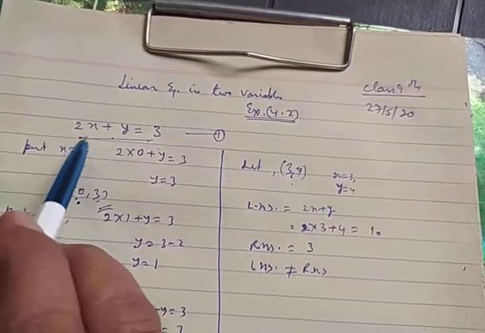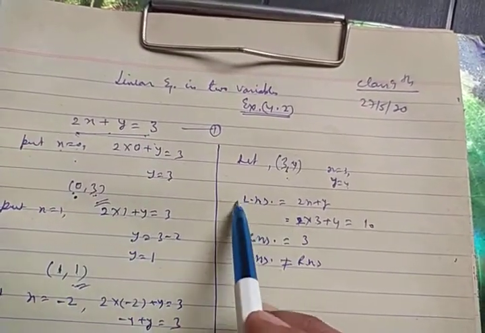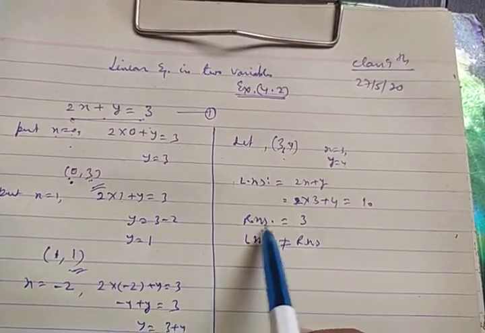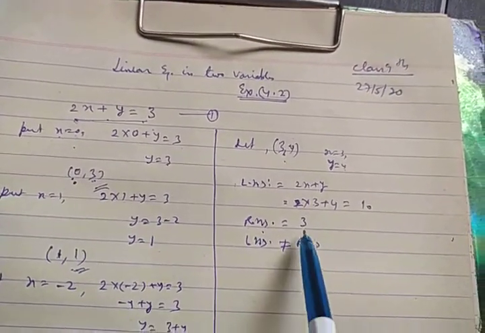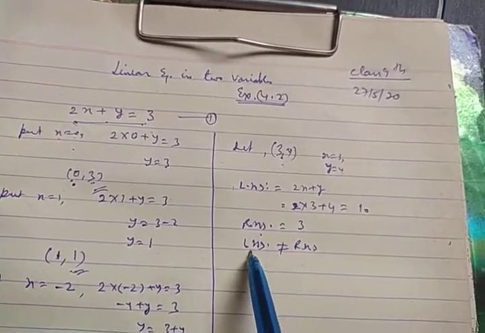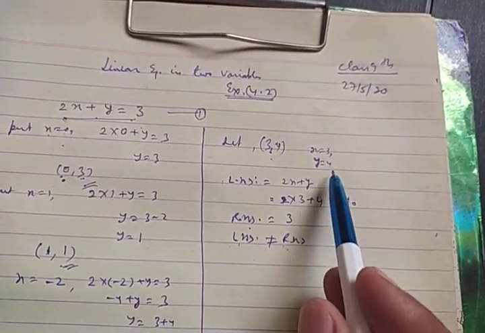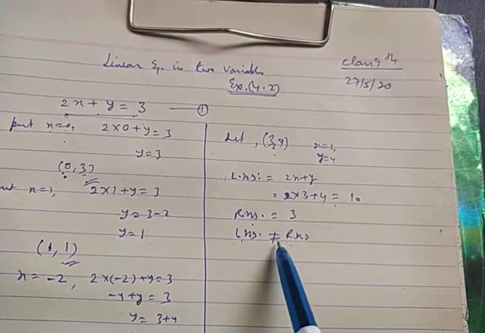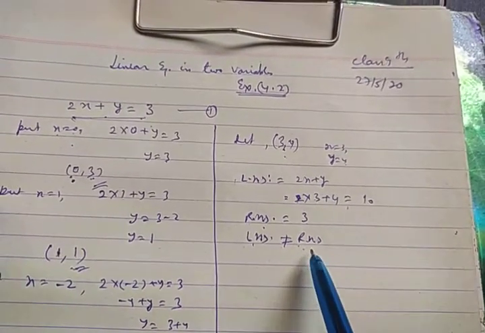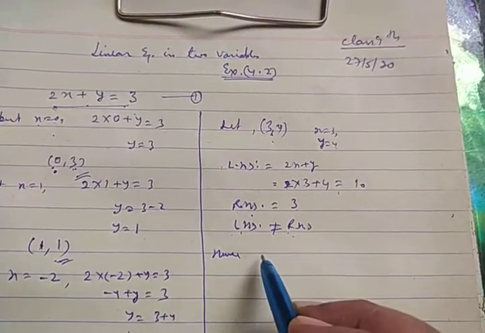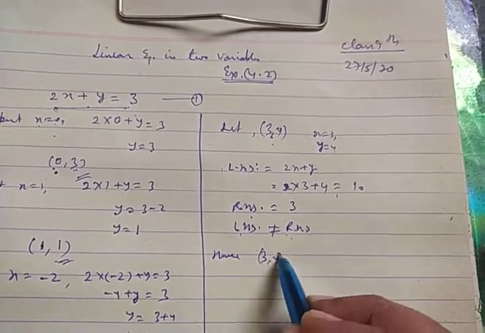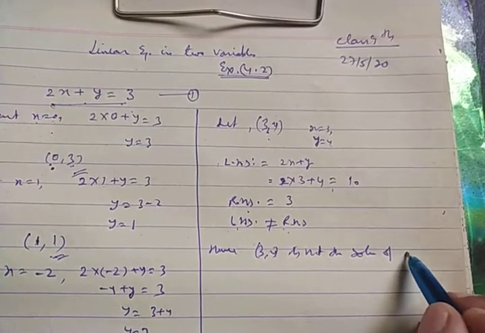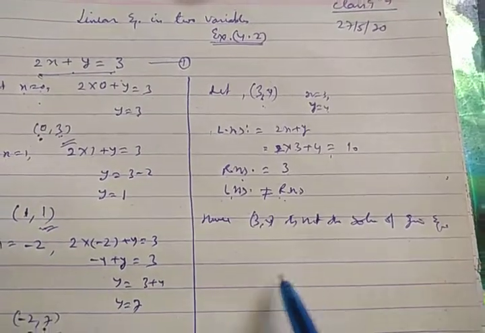You will not solve both the sides simultaneously. First you will simplify LHS, then RHS, if there is simplification to be done. Otherwise you write RHS as it is, and see what the value is on this side. Then you will find whether they are equal or not. Suppose the value had come 3 on this side, then LHS would have been equal to RHS. In this case, they are not equal, so you will write: hence 3 comma 4 is not the solution of the given equation.